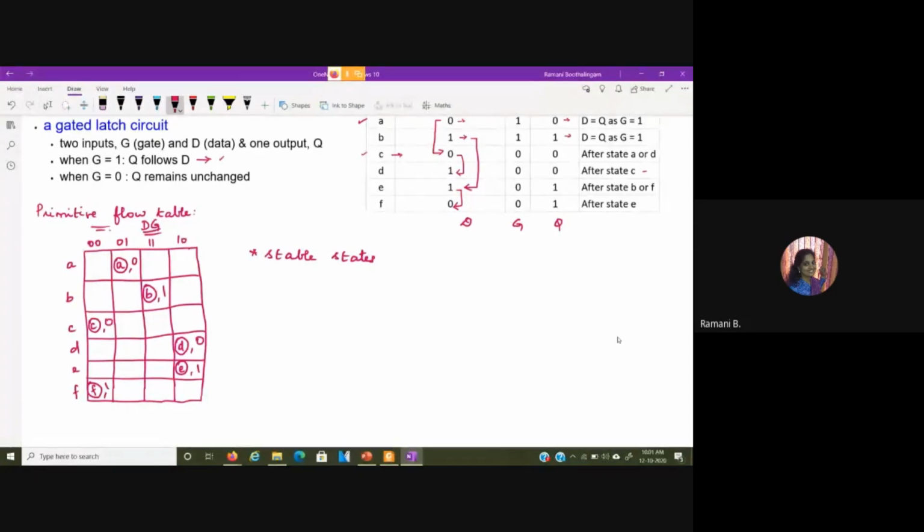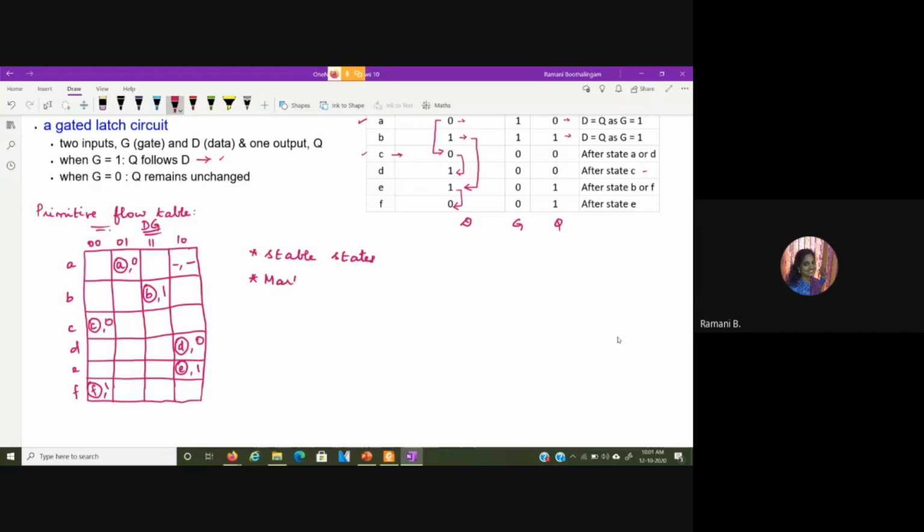Where both the variables change, we mark the don't care. Here 0, 1 is the place where you have the stable state, so 1, 0 cannot occur. So we give don't care, which is denoted as dash comma dash.